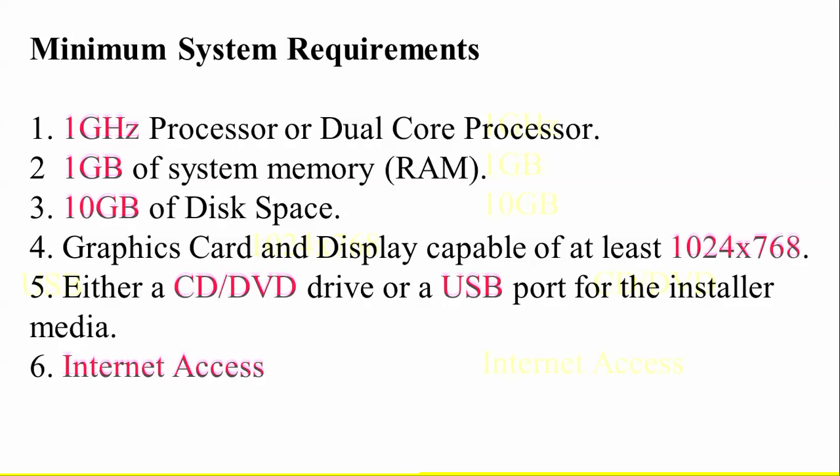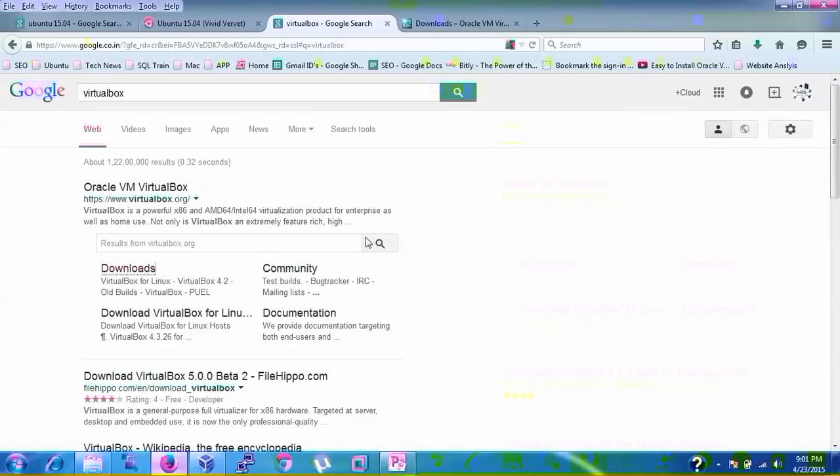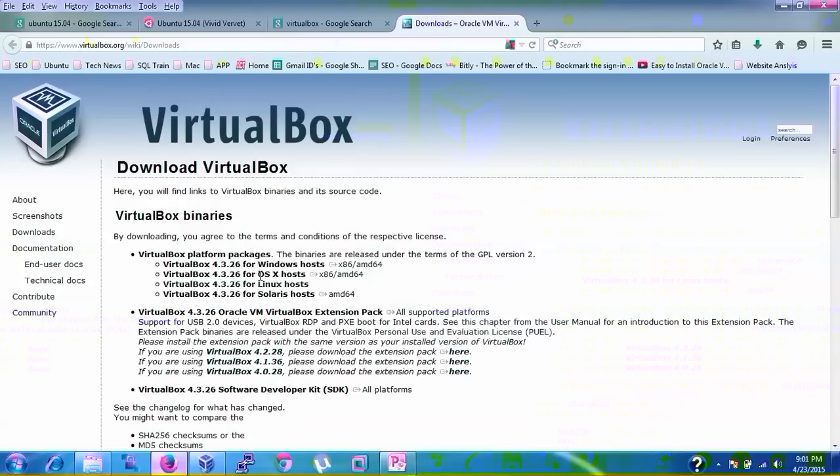So let us begin the installation now. First of all, I am going to show you the VirtualBox installation. Just type VirtualBox in your search bar and open the direct link to download VirtualBox. Here you can see Windows, Linux and Solaris are supported. It will automatically detect whether your machine is 64-bit or 32-bit. For Windows, just click and download, and you will find a video under my ID, CloudNet, on how to install VirtualBox.